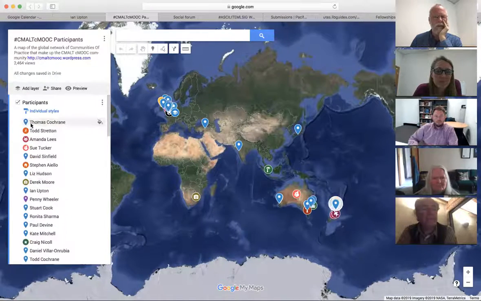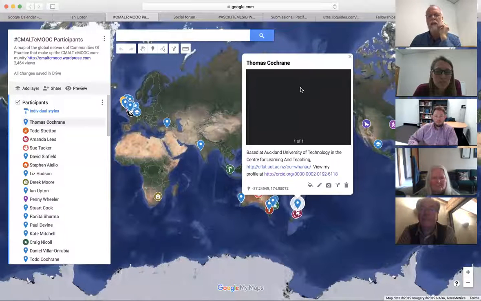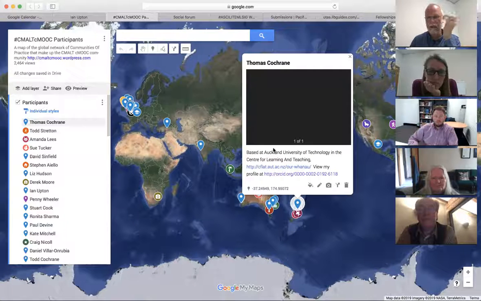And you can do things like, if I click on mine, you can embed photos. It's just loading. You can embed a slideshow of various photos if you like. You can put links to, perhaps, your work profile. I've got a link there to my ORCID, which I tend to use as my research profile.